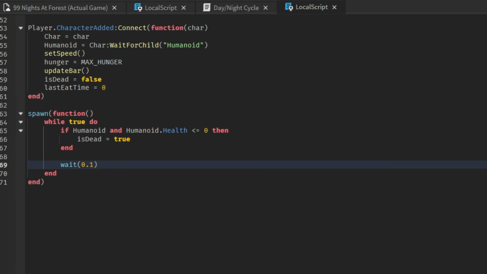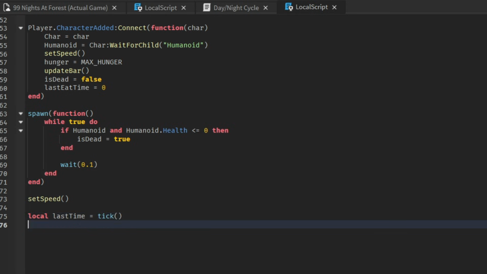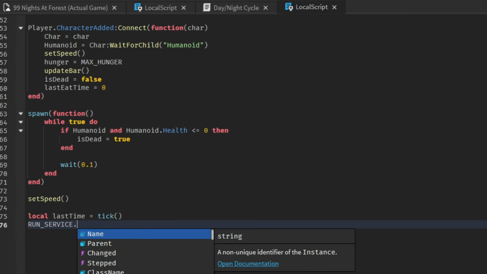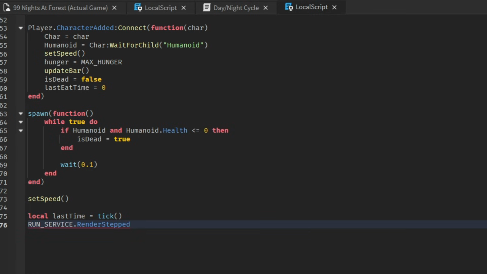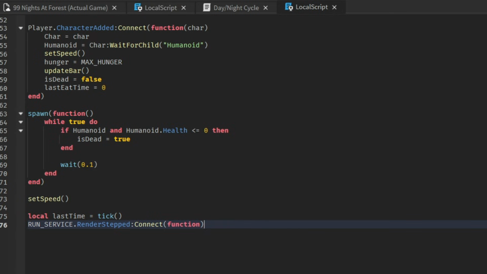Then hit enter 2 times after the last end, then set speed function, then local lastTime is equal to tick(), and hit enter, and then RunService.RenderStepped:Connect(function(), and then close parentheses, and hit enter after one parenthesis, then local currentTime is equal to tick()